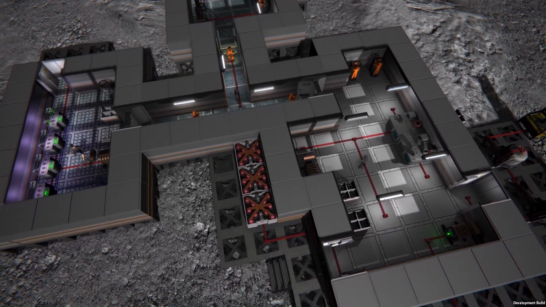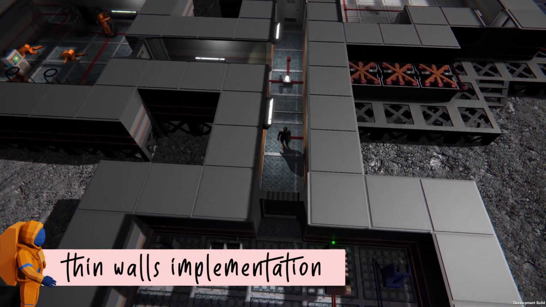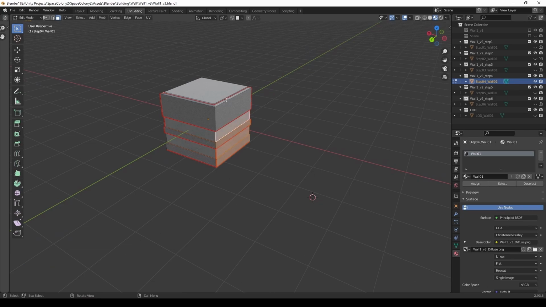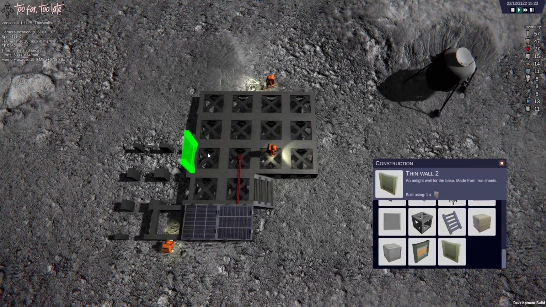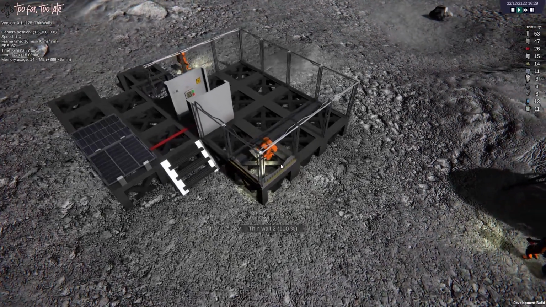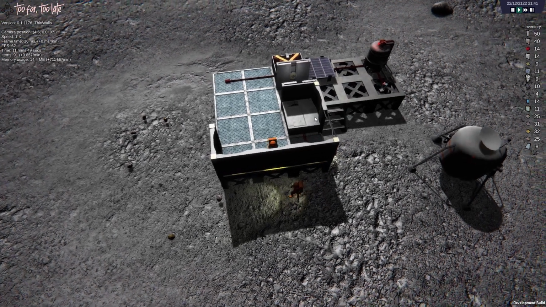For now, the most significant change I wanted to address was to implement a thin wall that the player could place on the edge of a tile. We made the modification to one of the walls and adapted the building system to test this change. The result was quite promising. This improvement will make the gameplay more intuitive and generate better visuals for the player's bases. With it, the players are now able to customize their bases more when compared with the larger walls.